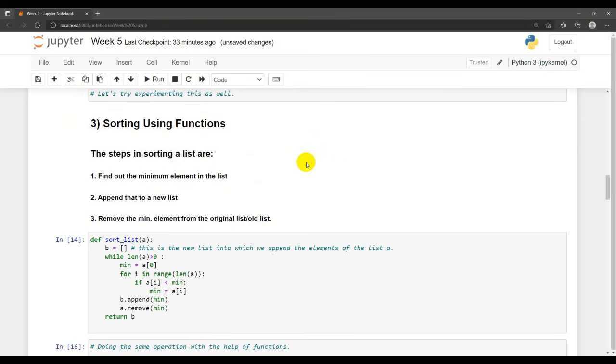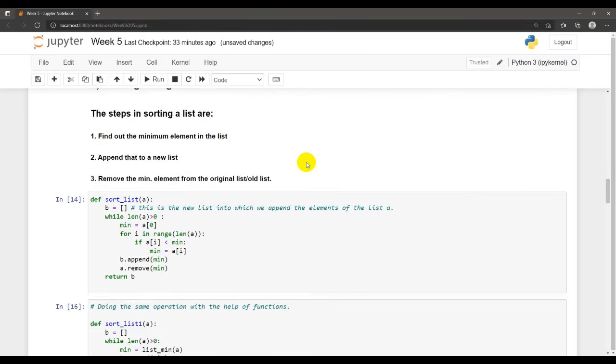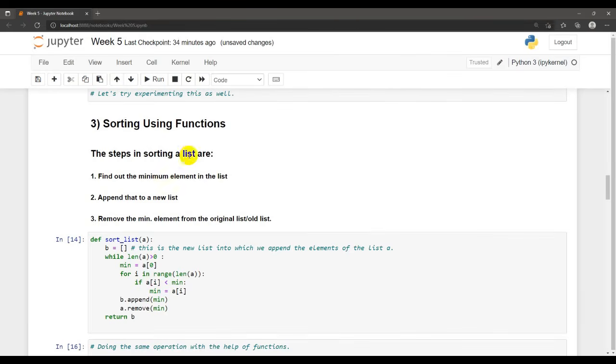Following the earlier step, that we can call a function that has been defined earlier is very much helpful, because it helps us in reducing the length of a code, which indeed saves the time and complexity of code. The steps in sorting a list are: